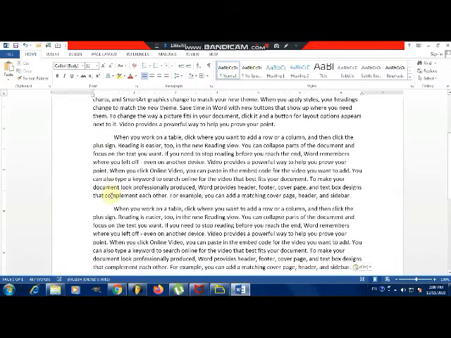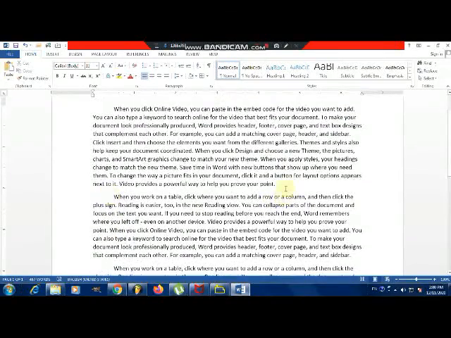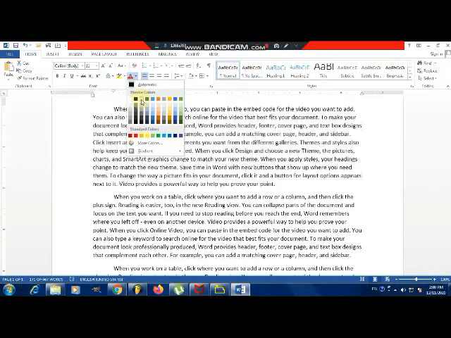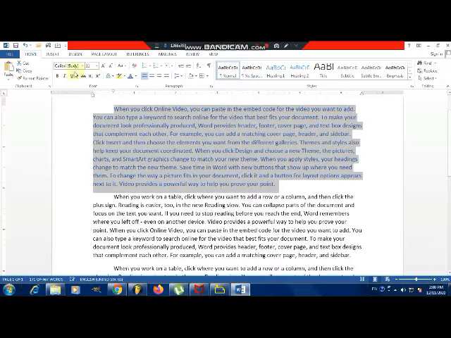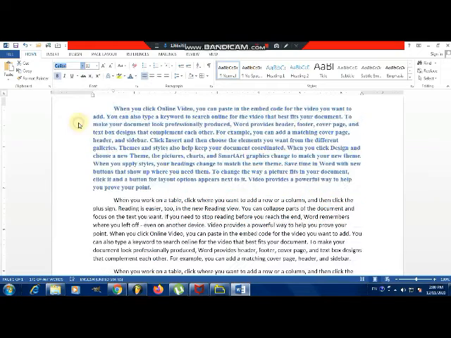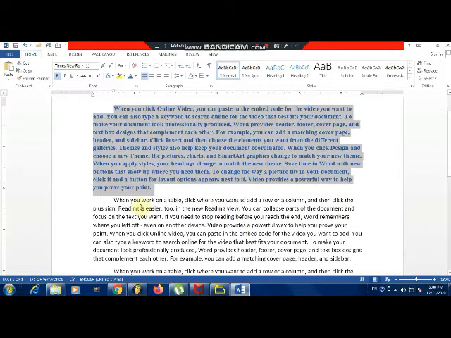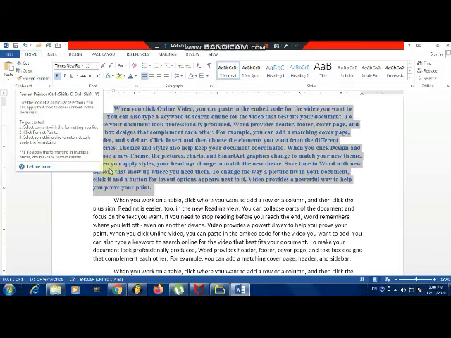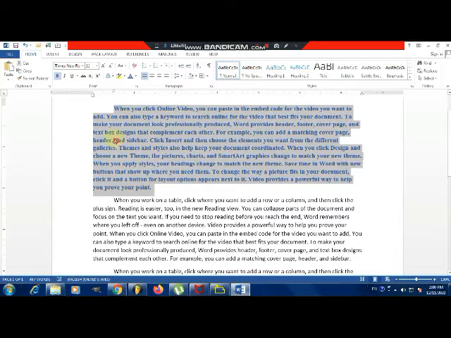After this, the next one is format painter. Now let's see what the use of format painter is. I made some changes in this paragraph, like I changed its font color and font effect, and the same effect we have to apply to the second paragraph, without selecting the formatting commands. So you can use format painter. You can select a whole paragraph, or any sentence, or any single word, or any single letter.